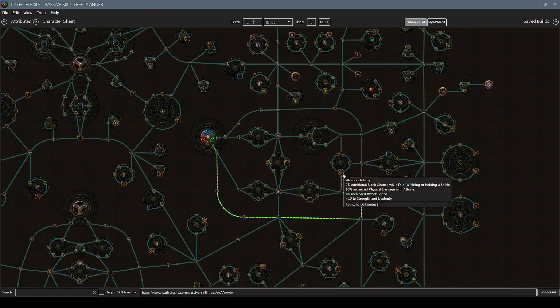And then you can see Weapon Mastery, which previously used to be in the middle of Aspect of the Panther and Precise Interception, has been moved up here. It gives 2% additional block chance while dual wielding, 16% increased physical damage with attacks, and 4% increased attack speed. The change here is that strength and dexterity now give 10 plus to each, whereas before it was just 20 plus to dexterity. And it now has the 16% increased physical damage with attacks, whereas before it was 20% increased physical damage with